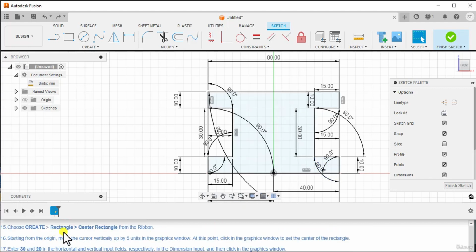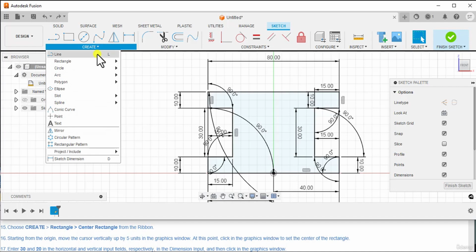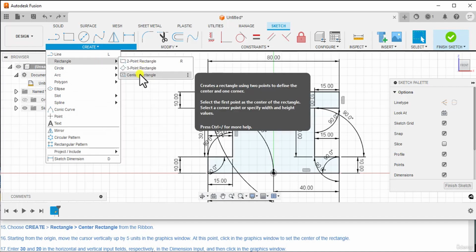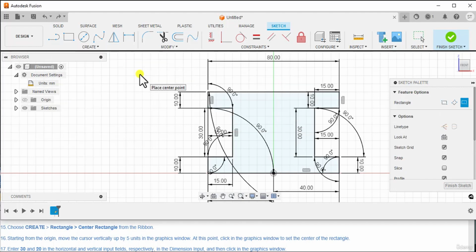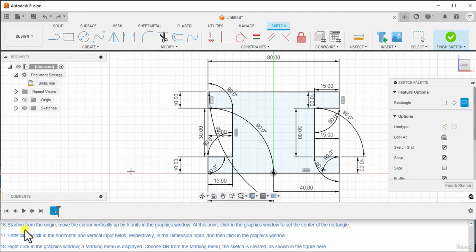Choose Create, Center Rectangle from the ribbon. Starting from the origin, move the cursor vertically up by 5 units in the graphics window.